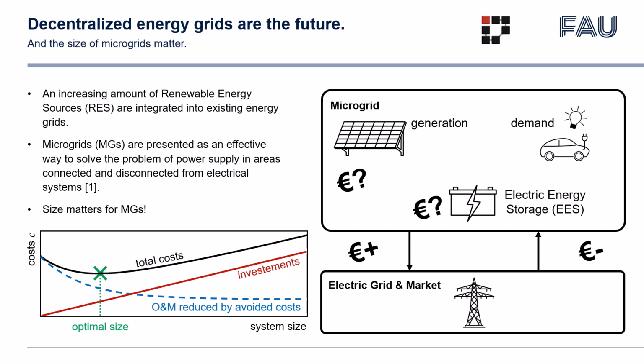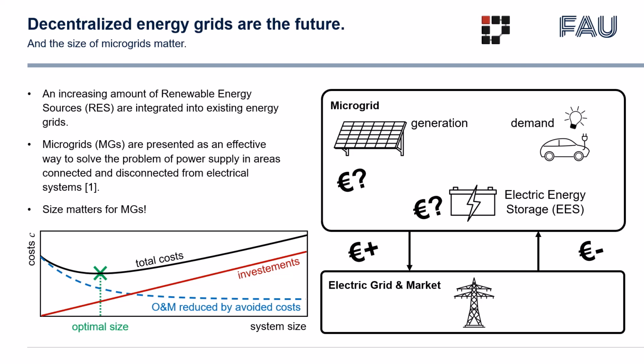On the bottom left, you can see a really simplified, nevertheless somewhat accurate representation of the investment costs, or the costs overall, for different system sizes. Typically, investment costs, so just the buy-in prices for systems, increase with an increasing size, hence this red linear